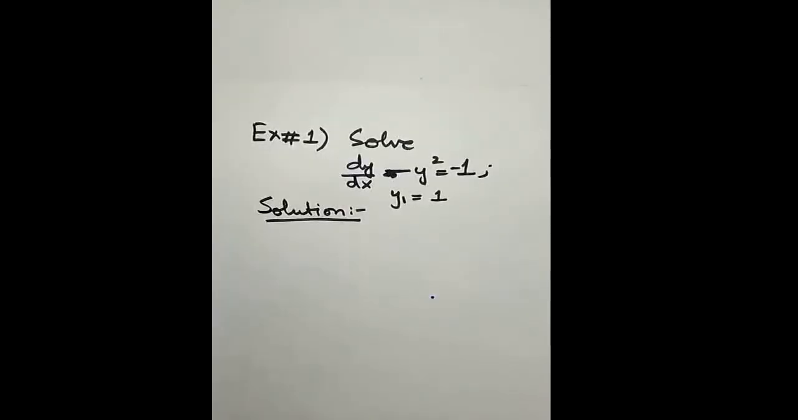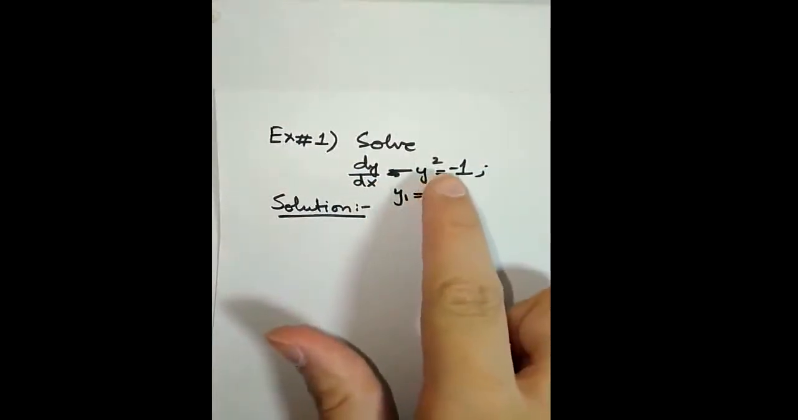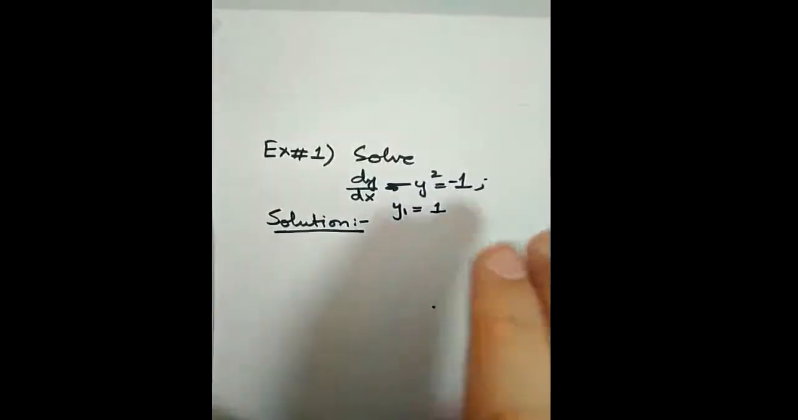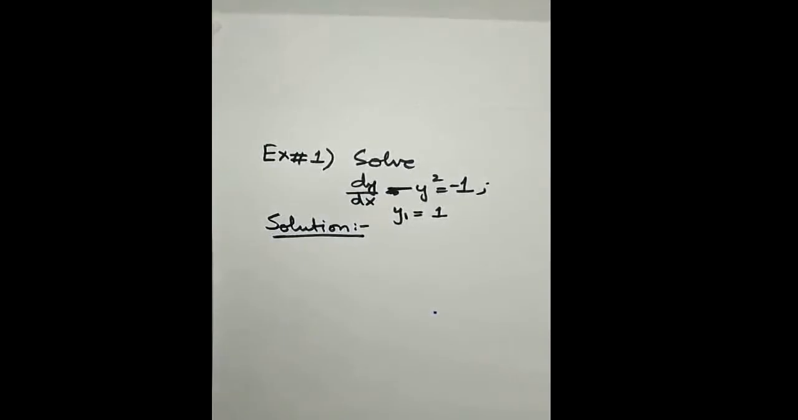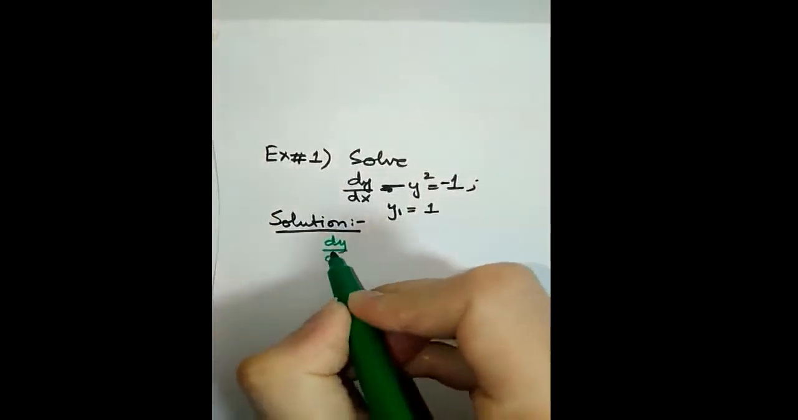So here is the specific example of Ricatti's equation. Now how will you judge that it is a Ricatti's equation? If you have a first order differential equation and along with that it contains some y square, then you can definitely judge that it is a Ricatti's equation. So now we write the standard form of Ricatti's equation, and the standard form of Ricatti's equation is dy by